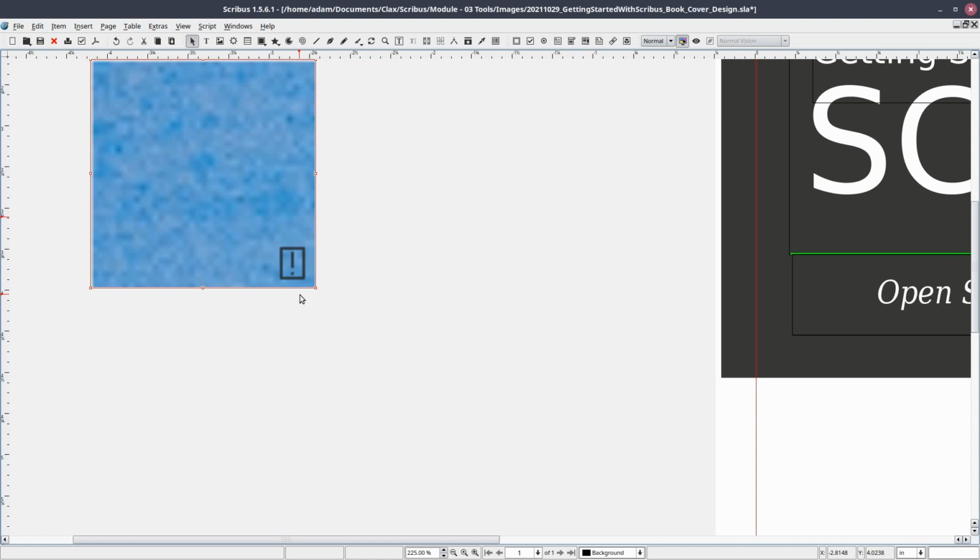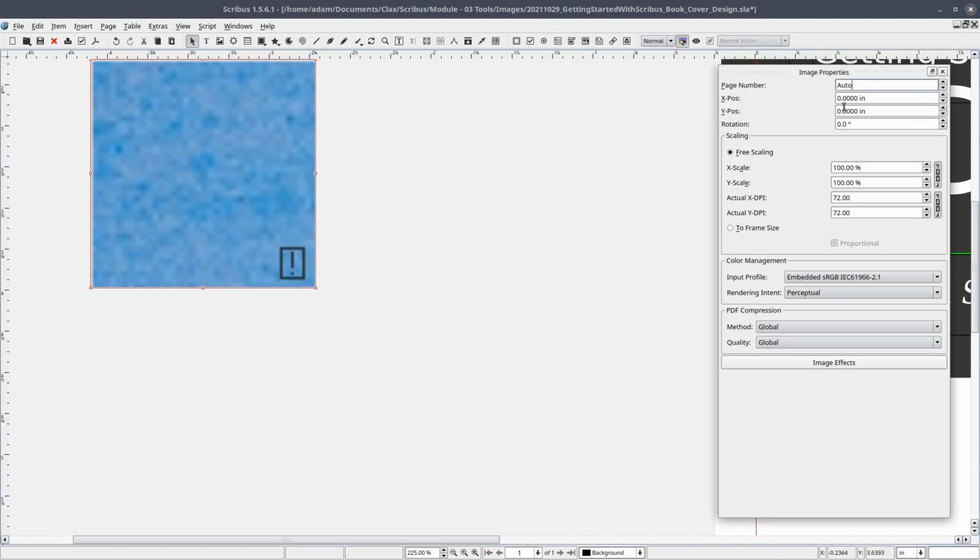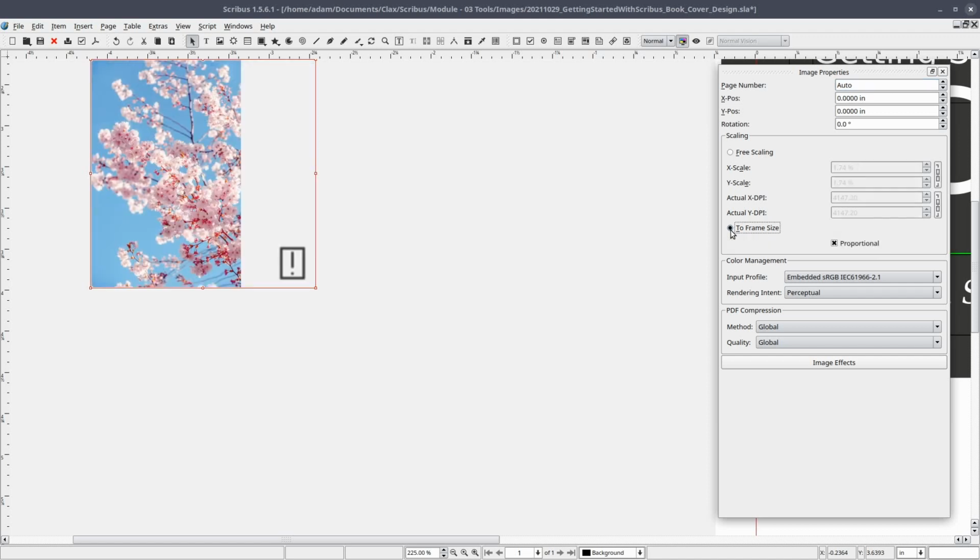To get our image into our image frame, let's open the image frame's Content Properties control panel. And under the Image Properties Scaling section, let's select the To Frame Size option. This should quickly scale the image to the size of the image frame.